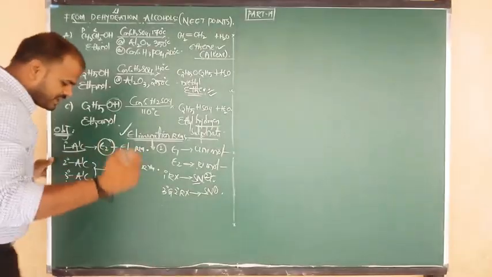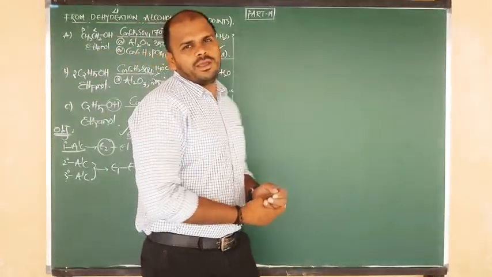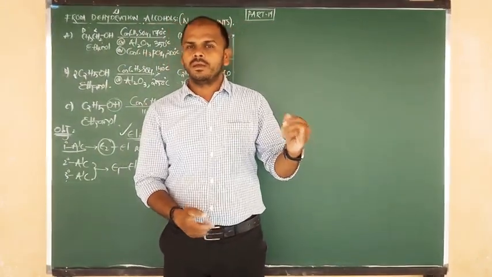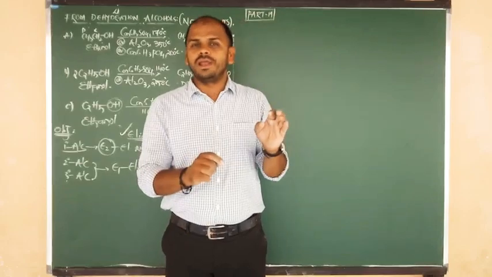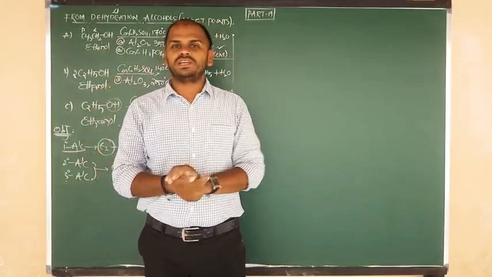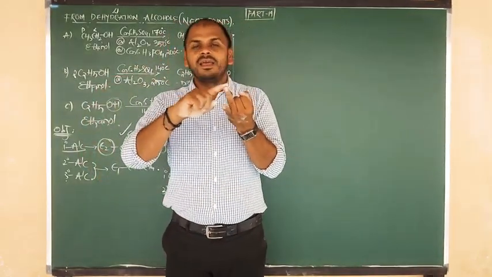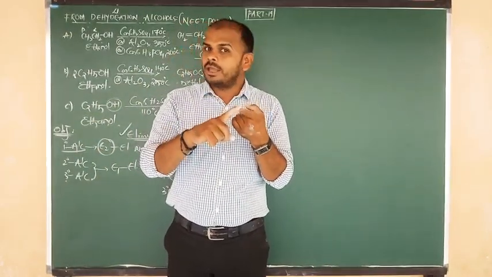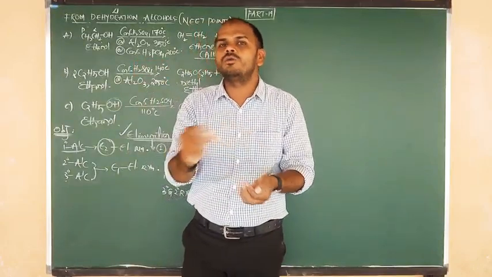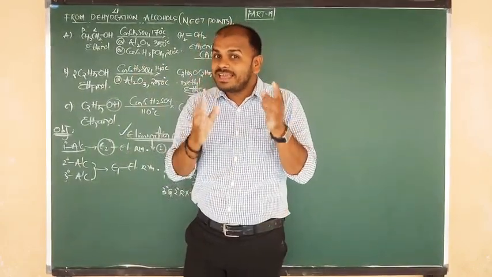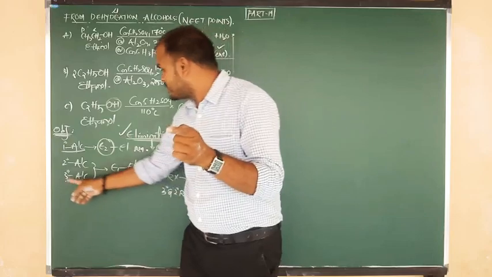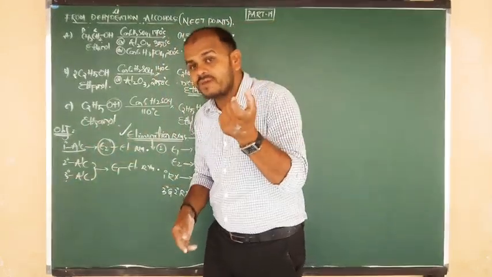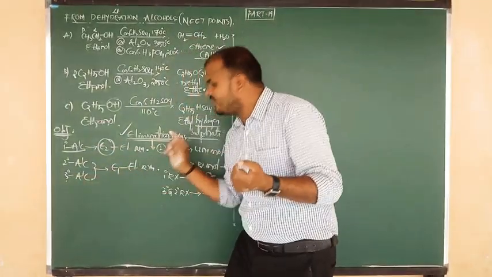Question. Among the following, which easily undergoes dehydration or elimination according to E1 elimination? A, methyl alcohol; B, isopropyl alcohol; C, isobutyl alcohol; D, tertiary butyl alcohol. Now tell me, the answer is what? The answer is tertiary butyl alcohol, because tertiary alcohol has more steric effect, more positive inductive effect and weaker CO bond, so it easily undergoes E1 elimination.